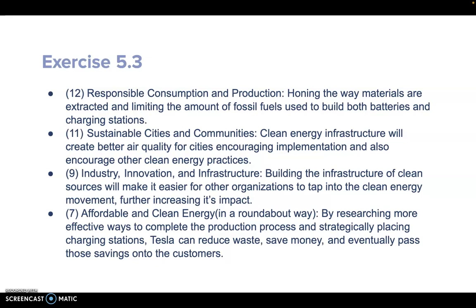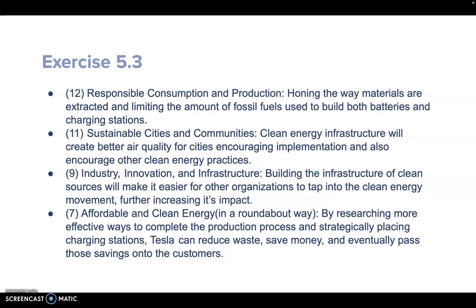For sustainable cities and communities, clean energy infrastructure will create better air quality for cities, encouraging implementation and also encouraging other clean energy practices. For industry, innovation, and infrastructure, building the infrastructure of clean energy sources will make it easier for other organizations to tap into this infrastructure as part of the clean energy movement, increasing its impact so it's not just Tesla using this infrastructure, but more different companies and organizations will be using this energy as opposed to